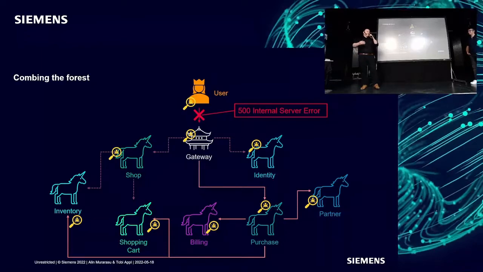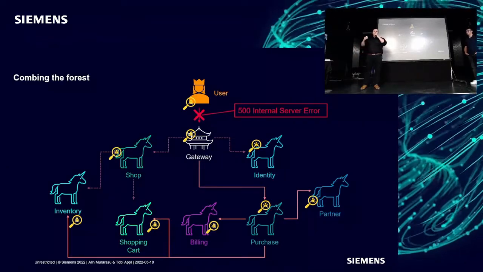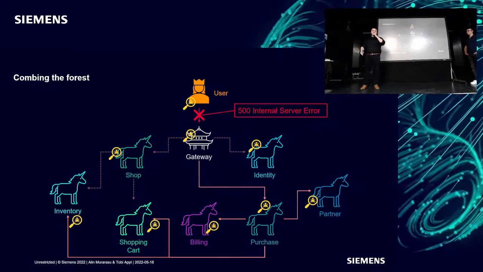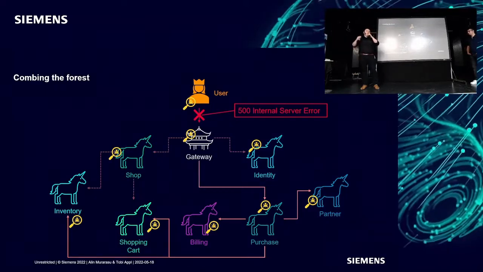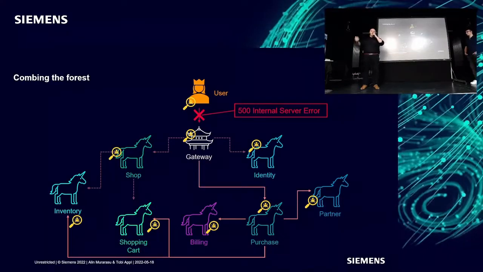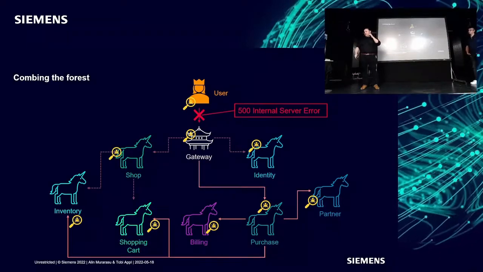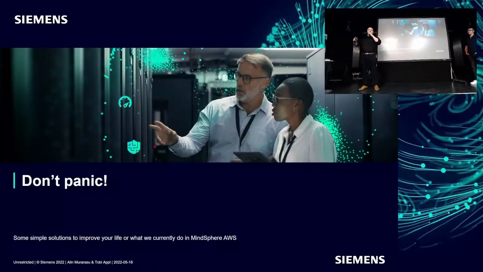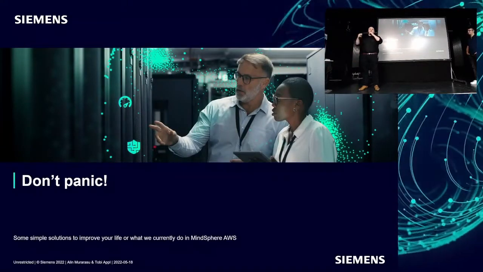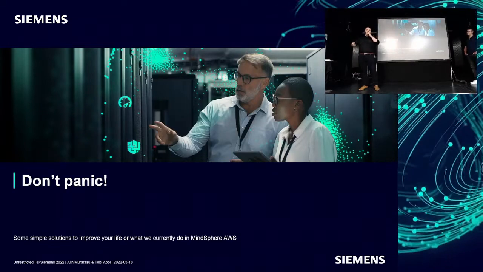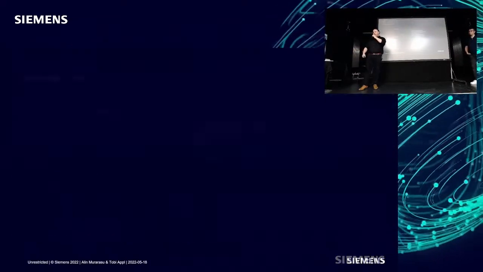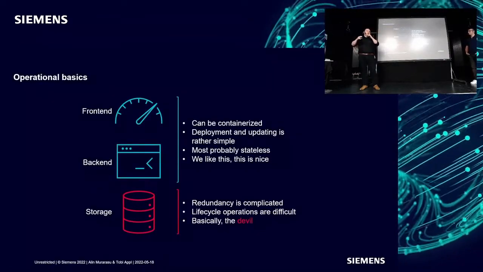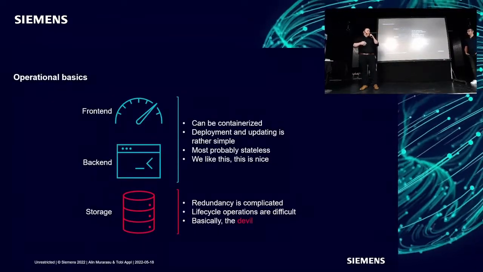And the question that we are tackling today is, how can I make sense of that, and how can I debug a system? This is a very small distributed system with only a couple of services. How can I make sense of that and very quickly get to the root cause of the issue? But don't panic immediately. We have some very simple initial methods on how to actually get information out of your system. And to get into what we want to do and our methodologies, I want to do a very short excursion into operational